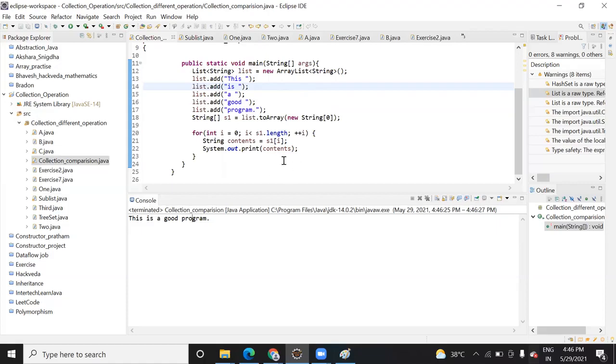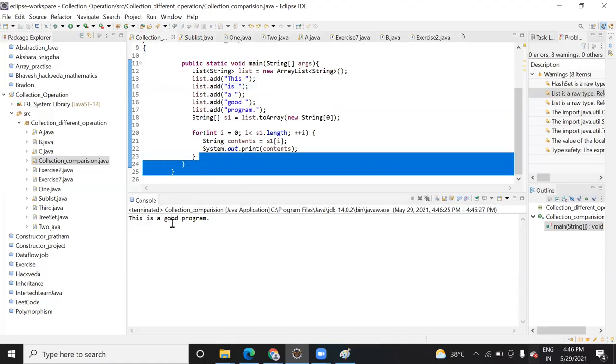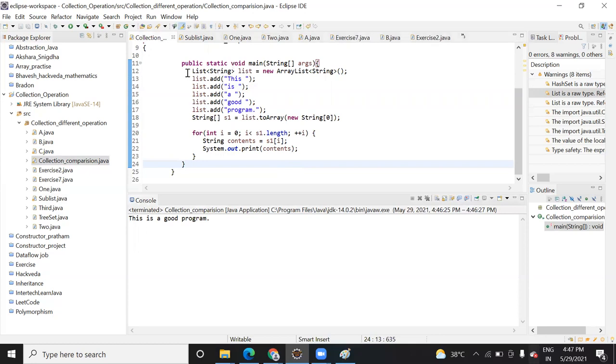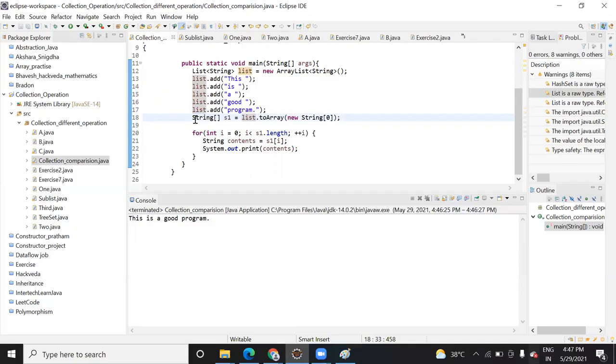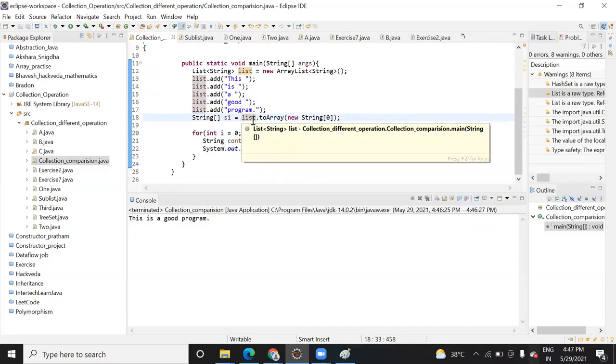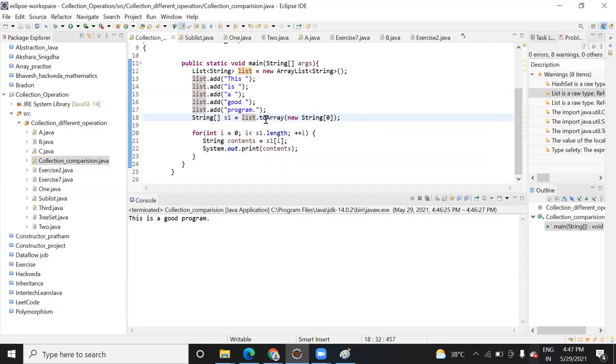In an array you don't have that many functions. We don't have a predefined function. In an array you can't remove an element by using a predefined function; if you want to remove it, you just need to do it with the help of indexes, right? So suppose you want to convert the list into an array, then how can you convert it? Similarly here, create a new array and simply use the predefined function toArray on the array list, and then you specify new String[0].